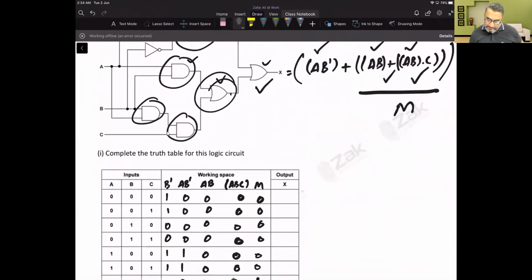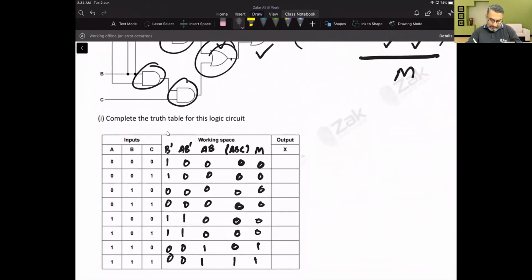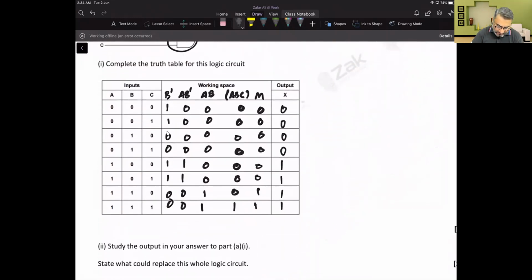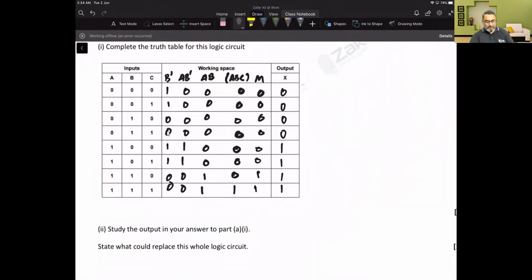And what is X? X is actually M plus AB naught. 0 0 0 0 1 1 1 1. That is your answer. Now it says to study the output in your answer to part A1 and state what